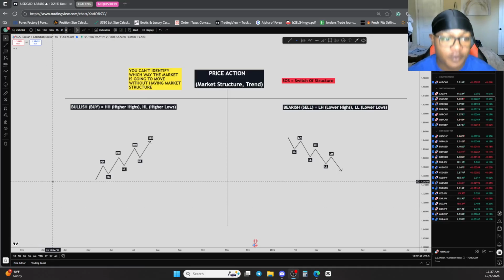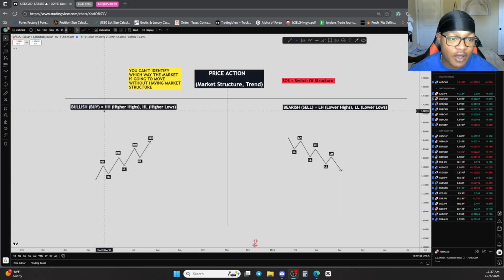So when we're talking about market structure or price action, we're talking about higher highs and higher lows and lower highs and lower lows. When you see a higher high or higher low, you know that we are bullish, aka we are buying the market. When we see a lower high or a lower low, that means we are bearish, aka selling the market. When you think of price action, think about